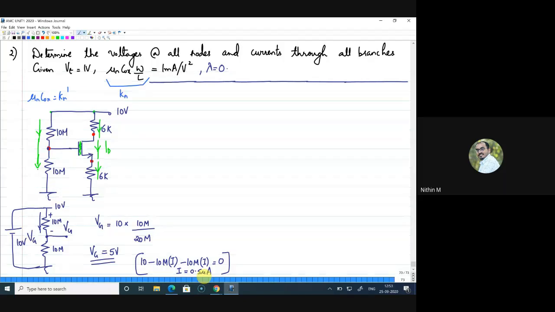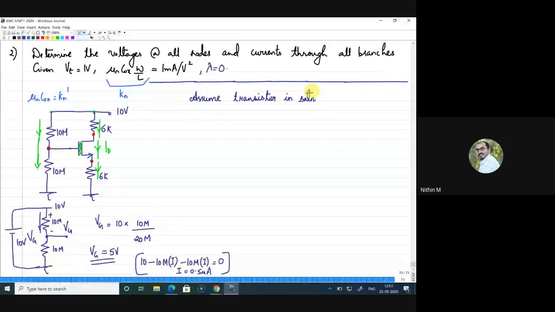Now coming back to the question. In this circuit, the MOSFET can be in linear or saturation. But for us to start with fewer unknowns, I will assume the transistor is in saturation region. I hope you understood the reason why I am assuming saturation. If I assume linear region, I will write a current equation, but it will have two variables, one will be VDS and another one will be VGS. So I'll end up with one more unknown variable.